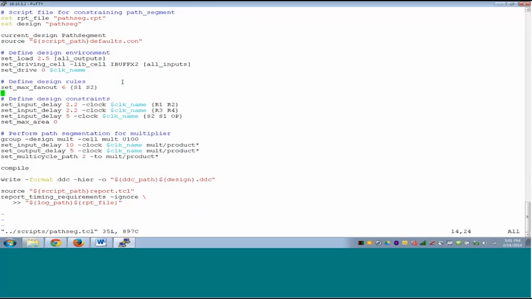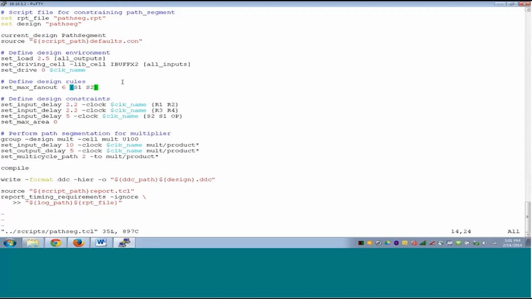So for example, input delay, output delay, any load or driving cell overrides should be done here. So now in this place you can do specific stuff which is special and specific to each design. Default constraint is something that is default, and in these specific compile files for each design, you can